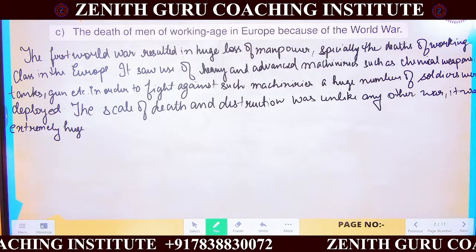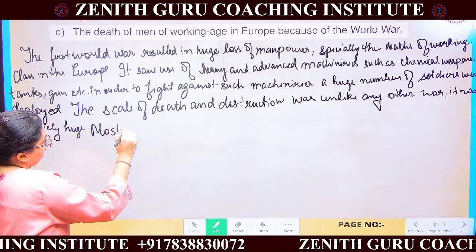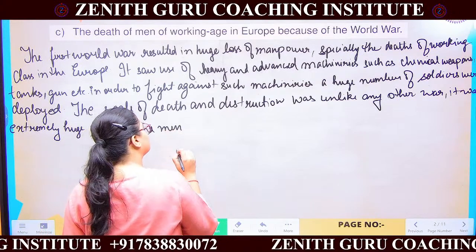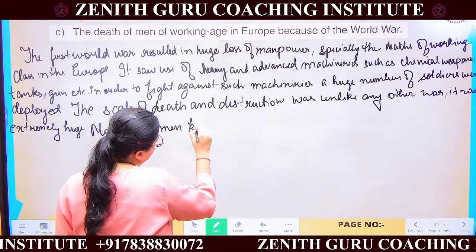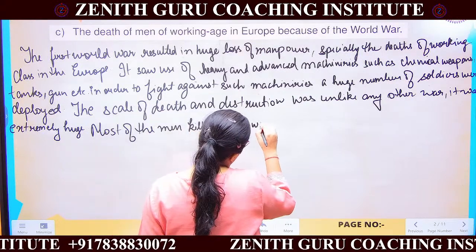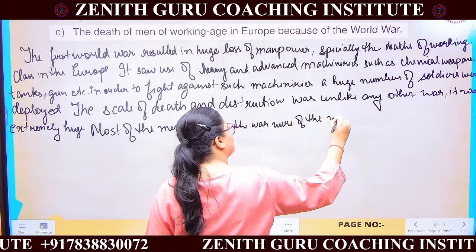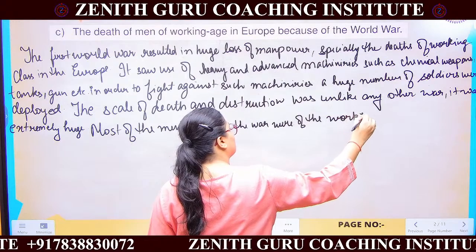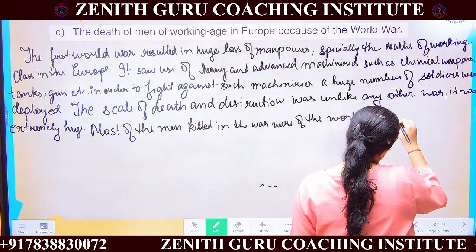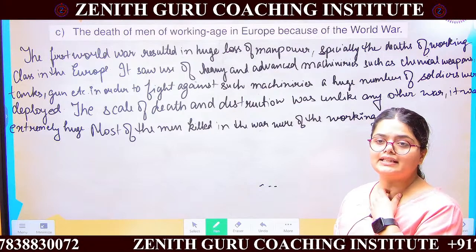Okay, most of the men killed in the war were of the working age. जो मोस्टली मैन हु वर किल्ड इन द वॉर वो कैसे थे? वो वर्किंग एज के थे. ठीक है,